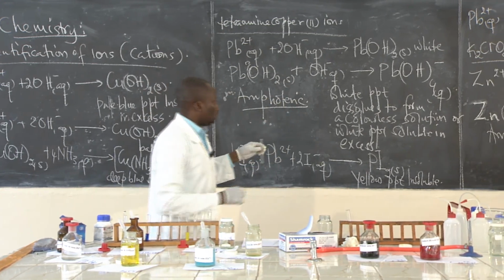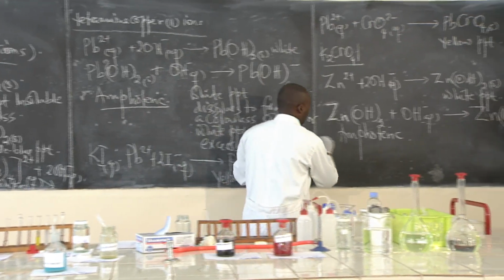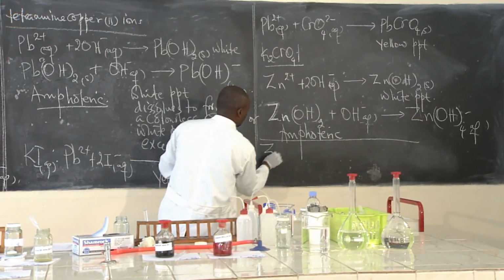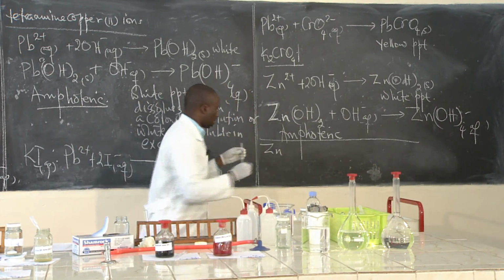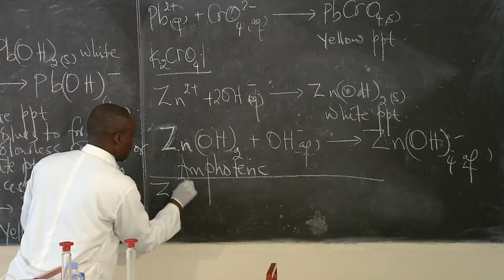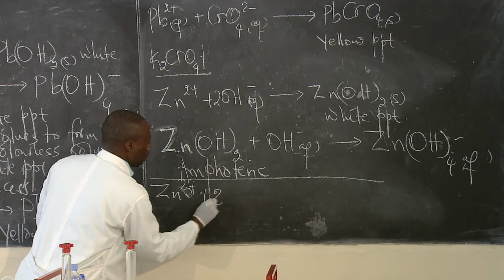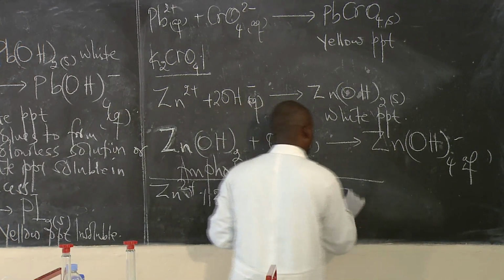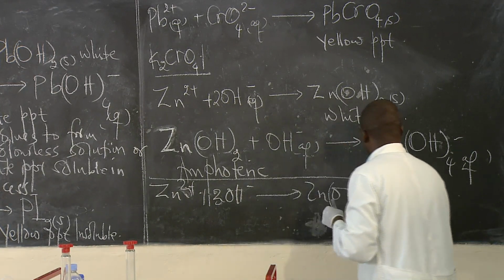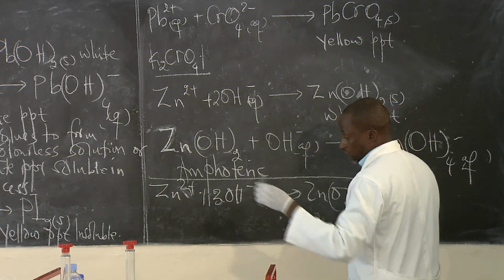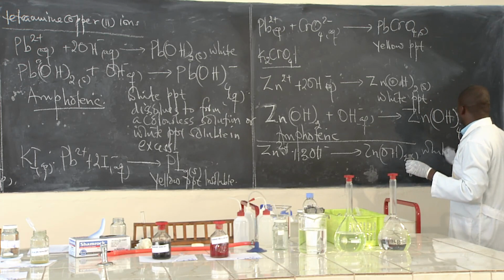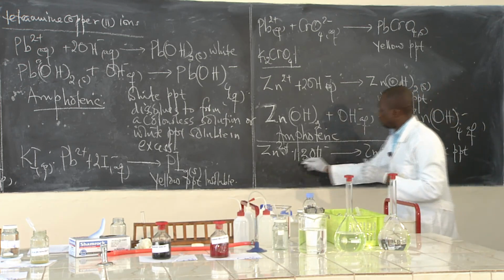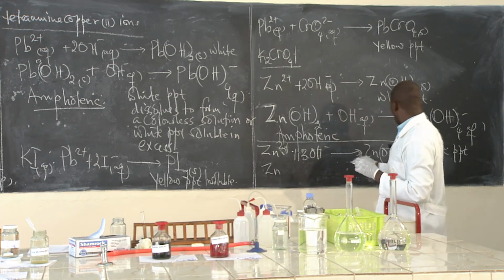So here we have zinc. There was first the precipitate. The zinc ions reacting with the hydroxide ions give zinc hydroxide. That was the white precipitate which formed first. You remember we formed the white precipitate. Then this zinc hydroxide